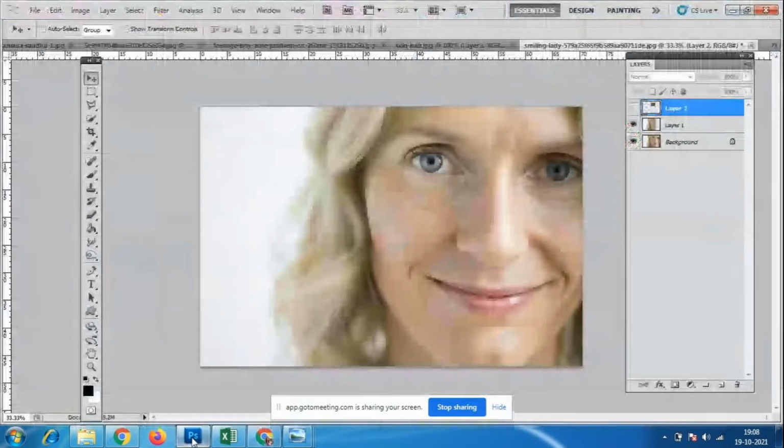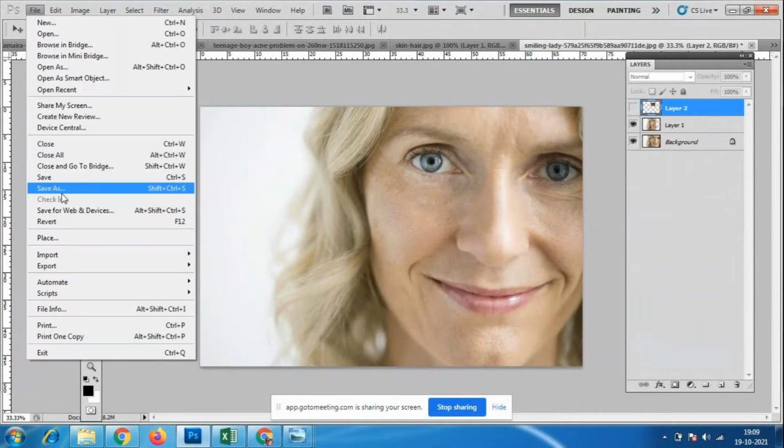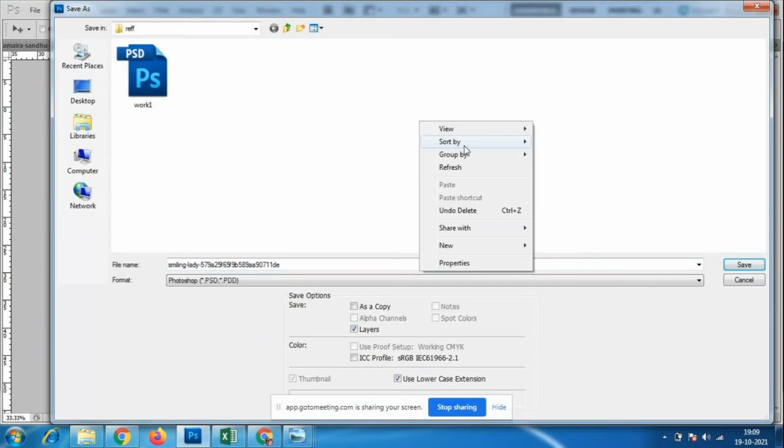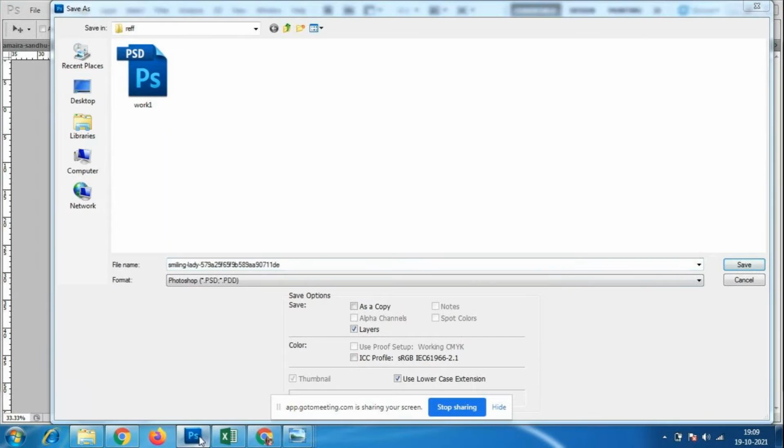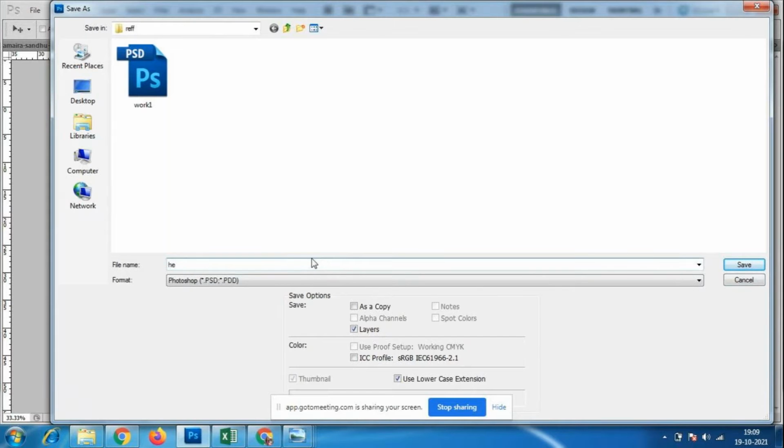Okay, so like this you have to save the file. So any of the work, simple works also, if you do it, just save the file. So with that tool itself, the name of the tool, healing brush tool. Save the file like this. Okay,